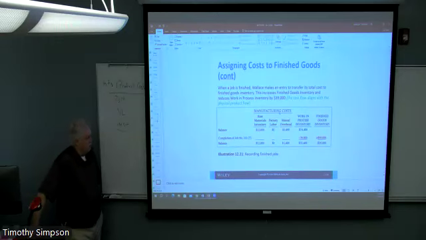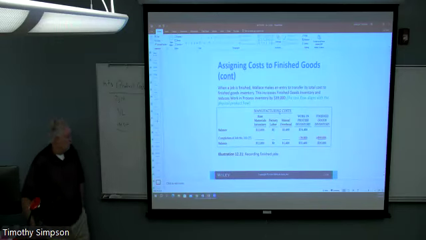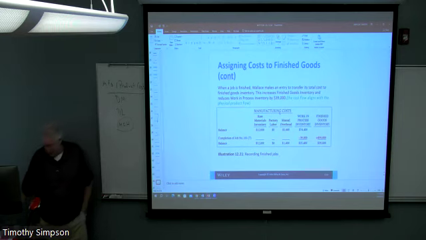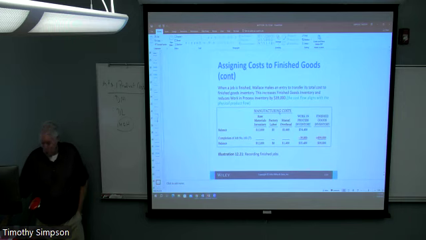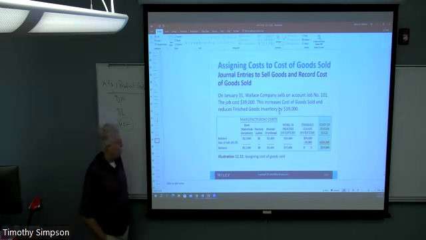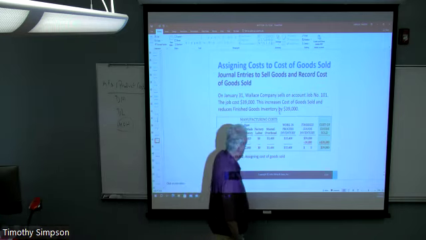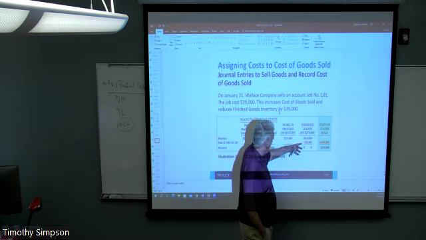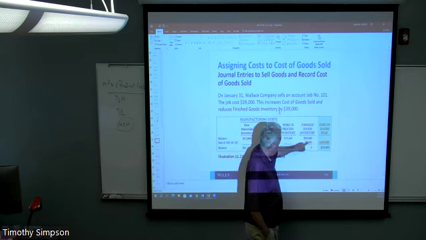And it may take 2 or 3 years to make these particular goods. We certainly see that happen with certain long-term production schemes like construction and very expensive equipment. But in this case, we're aligning the physical flow with the product flow, okay? And then presumably we have sold the good. And so as a result, when we've sold these products, whatever they are, 39,000 comes out of finished goods, and now it goes directly to cost of goods sold, which is on the income statement.